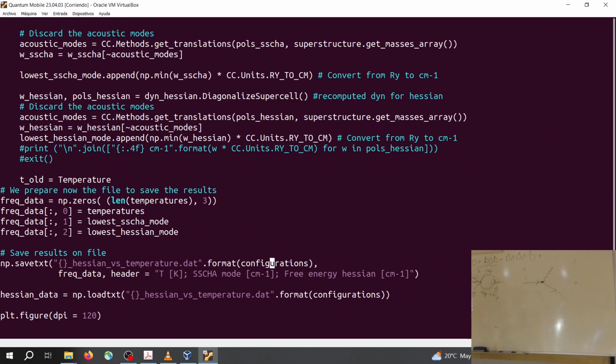configuration, Hessian versus configuration, temperatures,